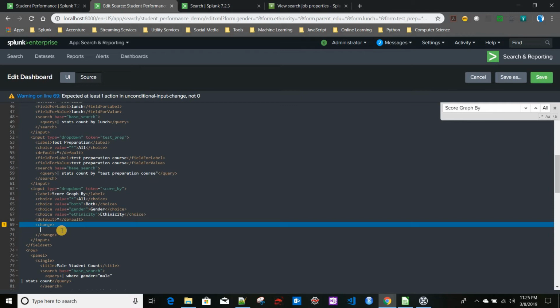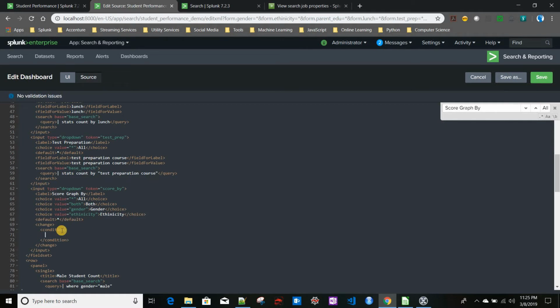Now inside the change tag we are basically capturing a lot of conditions, right? So what will be our condition in this case? Condition is the tag name. Inside this condition, it can be either a normal condition tag without any condition, or it could be a condition as well. Let's see, when I select gender from our drop down, that means when the value of the selected